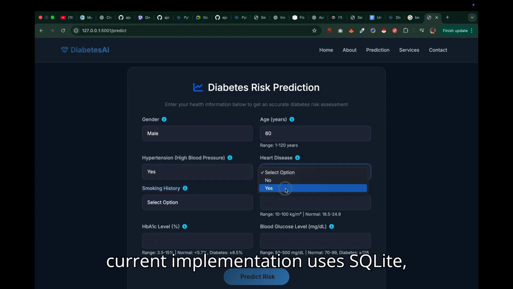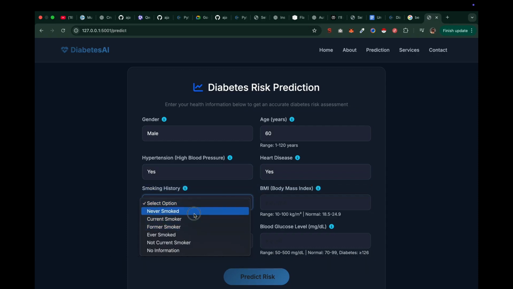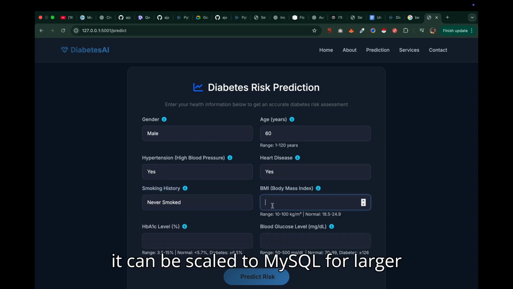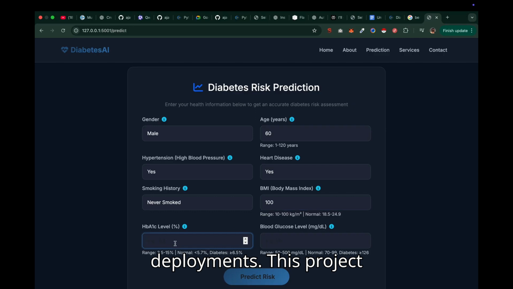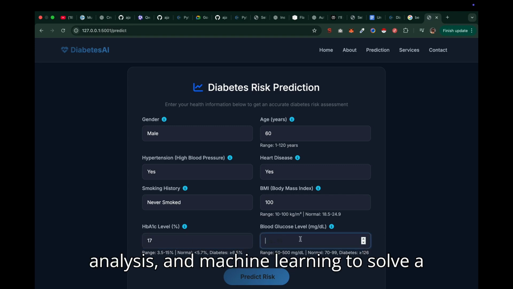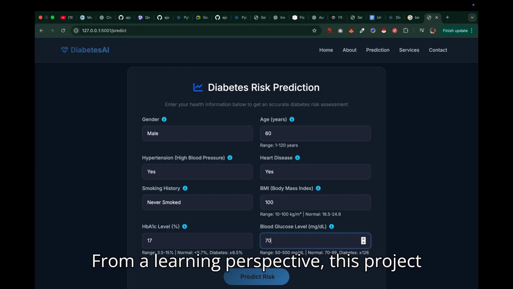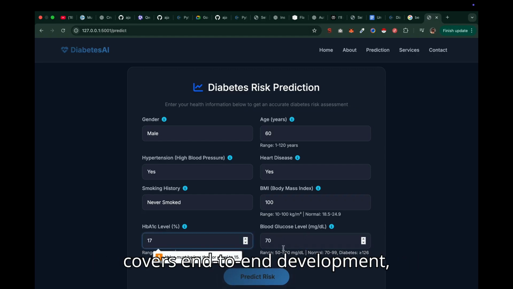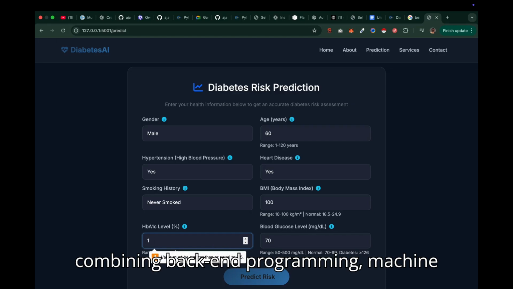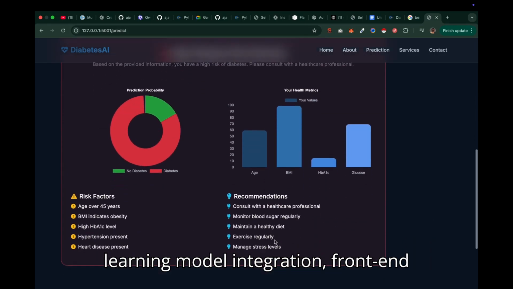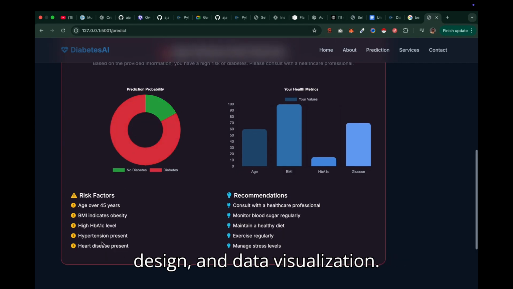While the current implementation uses SQLite, it can be scaled to MySQL for larger deployments. This project demonstrates the integration of full-stack web development, data analysis, and machine learning to solve a real-world healthcare problem. From a learning perspective, this project covers end-to-end development, combining back-end programming, machine learning model integration, front-end design, and data